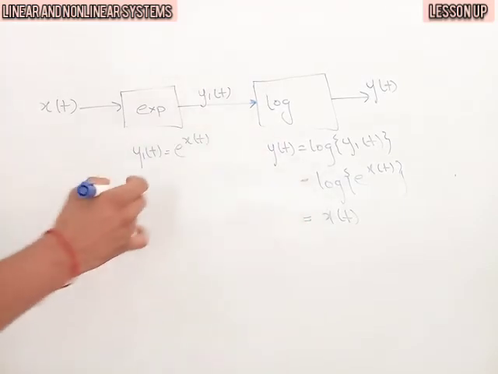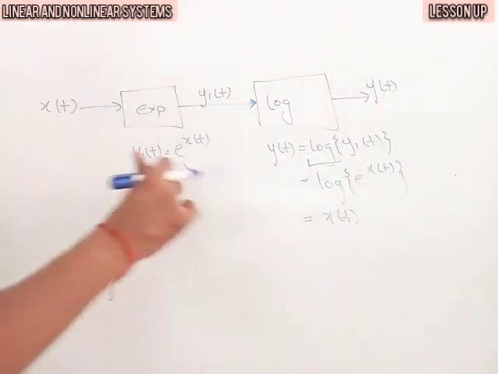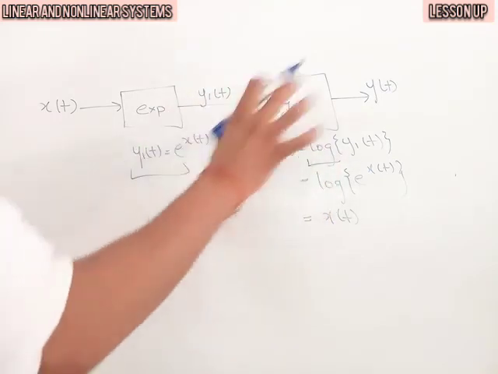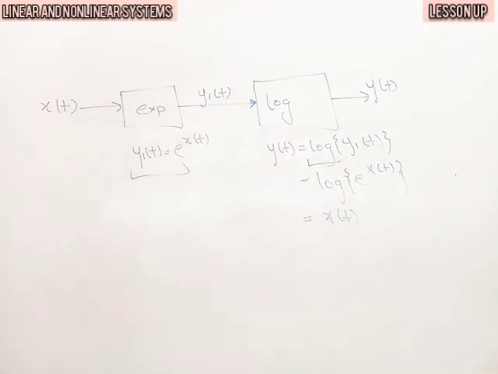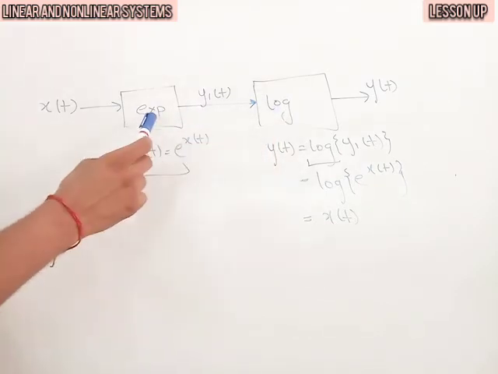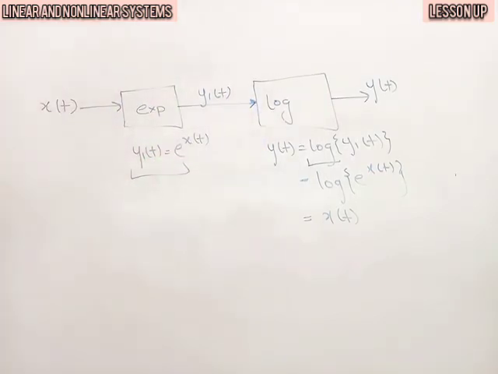Okay, so exponential is non-linear, logarithmic is non-linear, and if two non-linear blocks are arranged in series, then you can get a linear or non-linear system. In this condition, we got a linear system. So it depends upon what the system blocks consist of. When the blocks are opposite to each other, the system is linear. If the blocks are not opposite to each other, then the system is not linear. Here blocks are opposite to each other. The opposite operator of exponential is logarithmic, like the opposite operator of integration is differentiation.